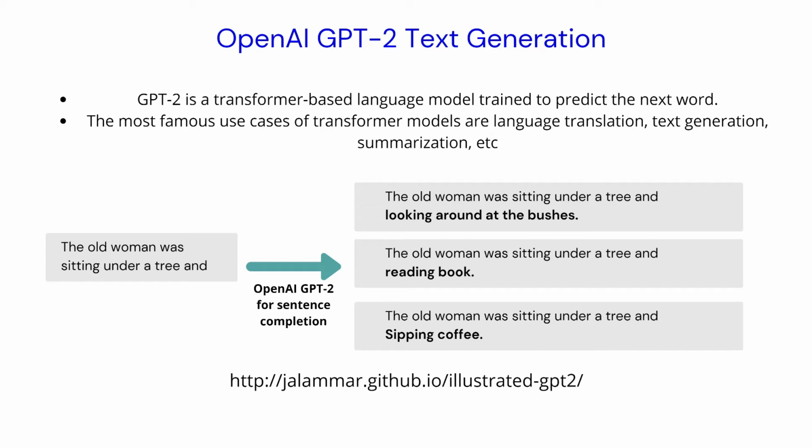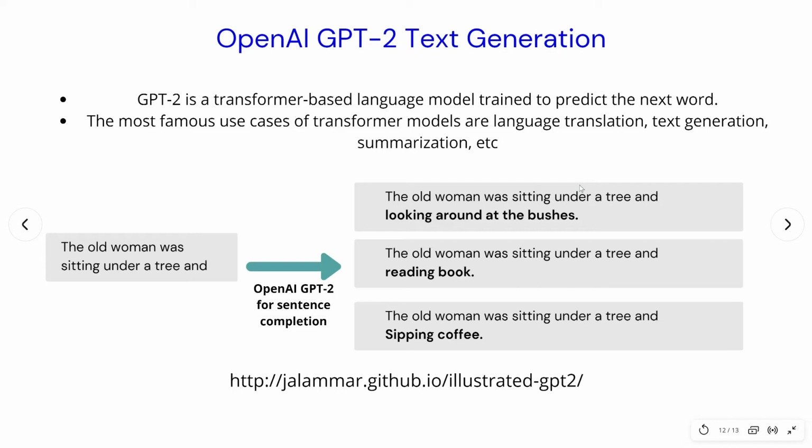For example, language translation, that is, you translate a given sentence in English to, let's say, a sentence in Spanish. That is also a sequence to sequence algorithm where you take in certain input text that is in English and you generate another sequence of text as output in Spanish.